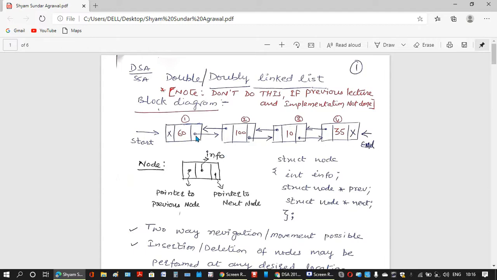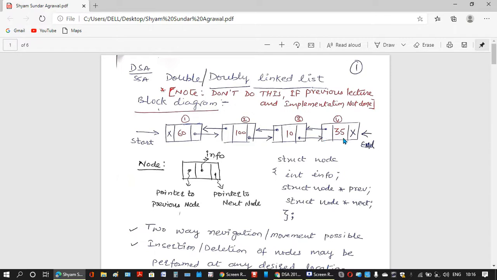And the next node of 60 is this node, the second node. So this is pointing to this. Similarly, if I take this second node, the info stored is 100, and it points to its next node also. This is the next portion of the second node. It holds the address of the third node. And this is the previous portion of this second node, which holds the address of its previous node, which is the first node. In this manner, this is arranged.